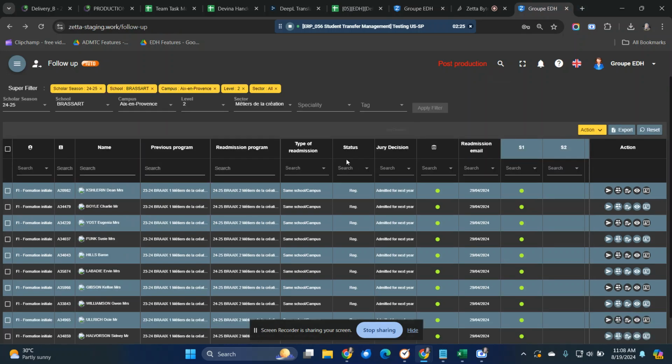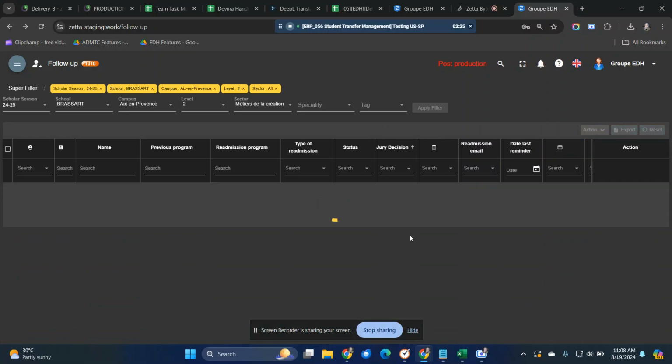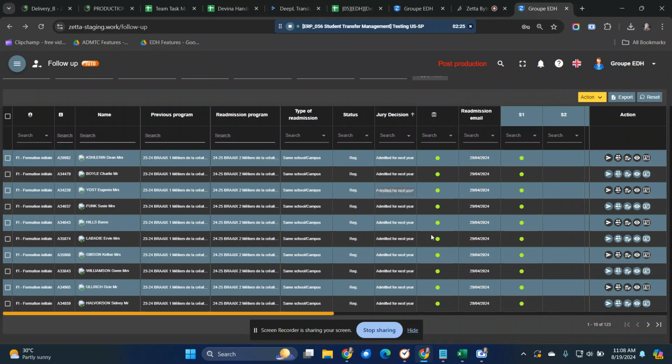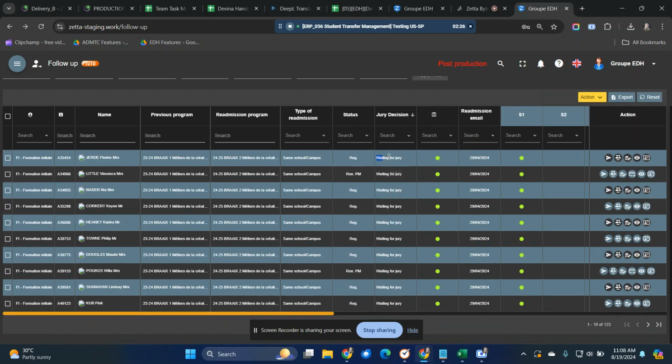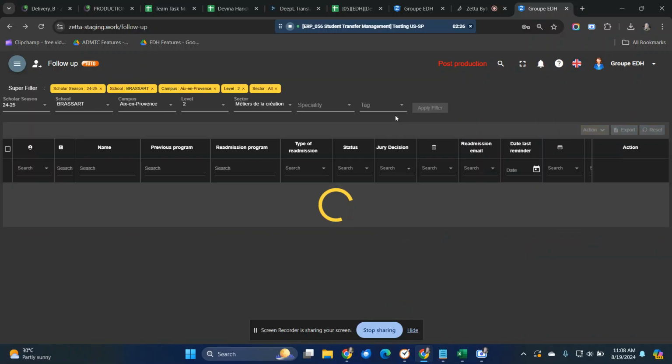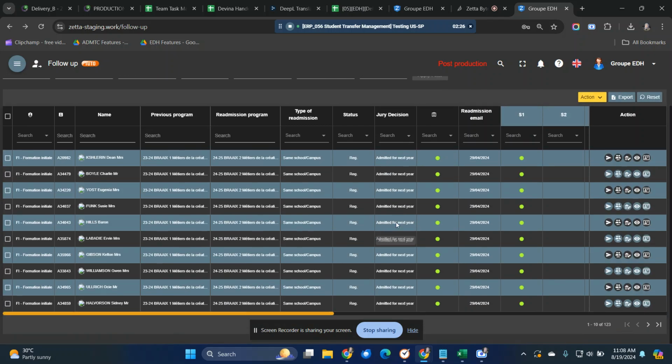When I check in the staging, okay, this is ascending. I click ascending and click again. It will display ascending, waiting for jury. Okay, and I click again. Is it back to the default view? Okay,